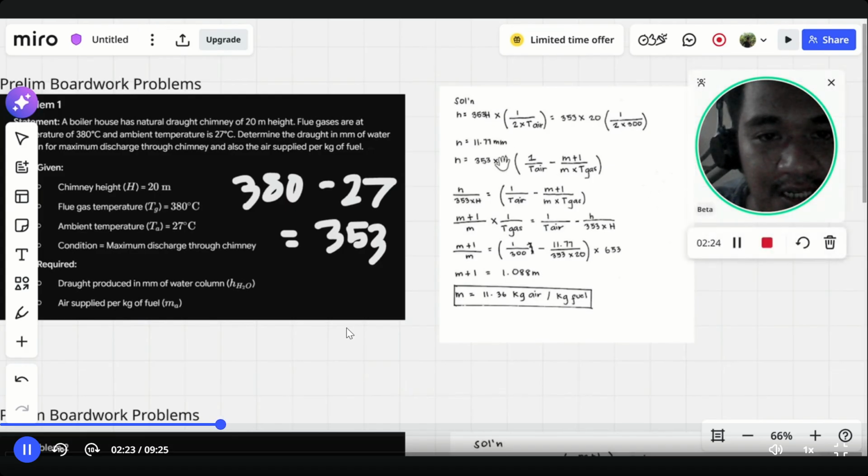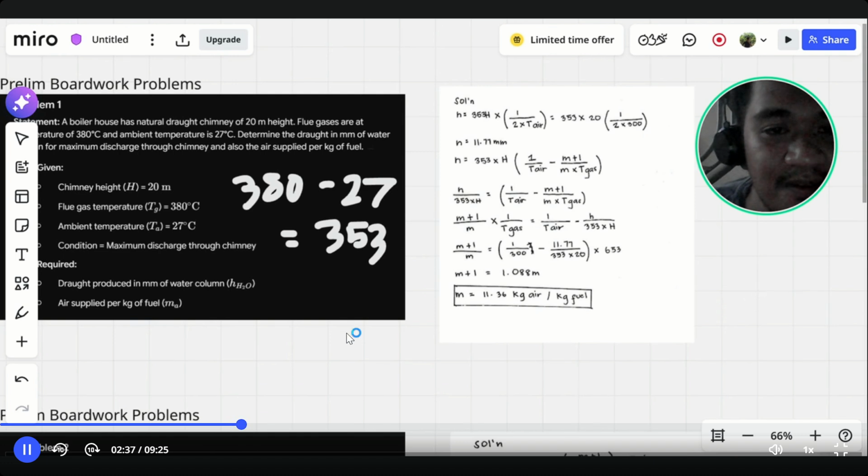So we're going to transpose this one. This is H over 353 equals 1 over T air minus (m plus 1) over m times T gas. After transposing, we converted it: (m plus 1) over m times 1 over T gas equals 1 over T air minus H over 353 times H, and then (m plus 1) over m equals 1 over 300 minus the answer there,